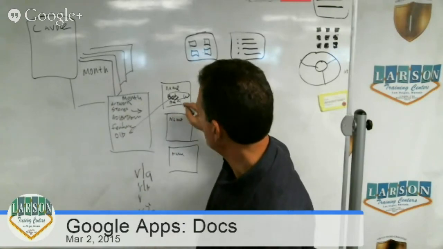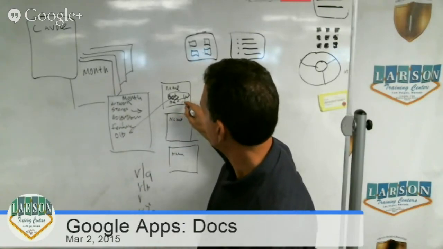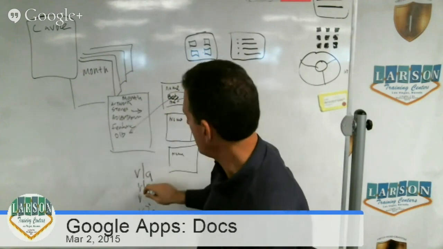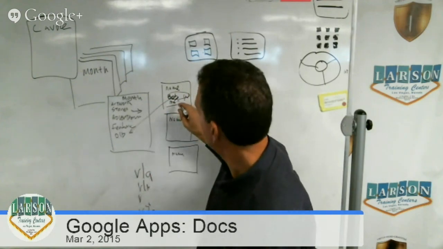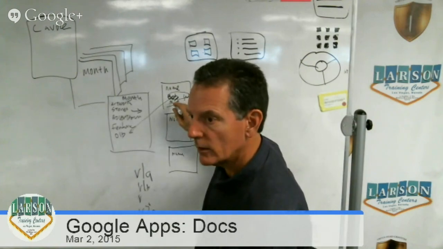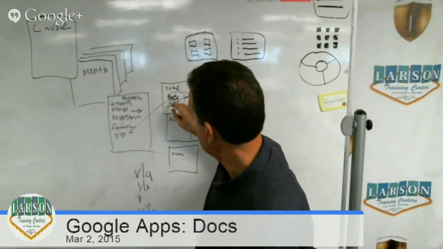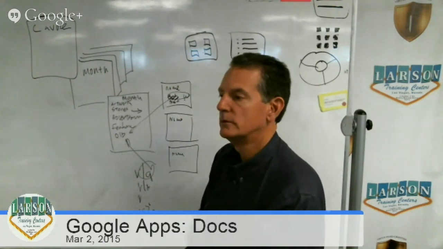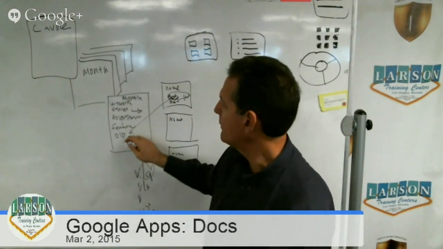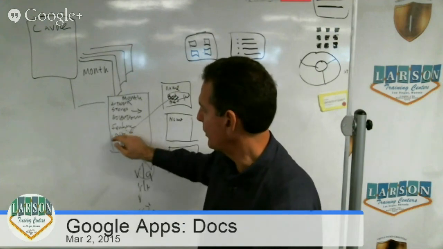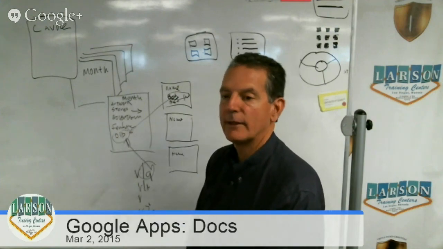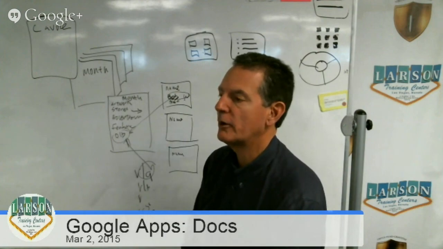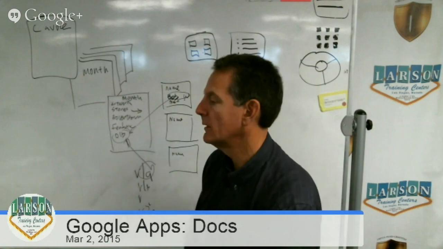So every time I start making changes, I'll save it, copy as, and I'll rename it like V1B. Docs also tells you the last time that you edited it. Then I will take 1A and move 1A to old. So at the end, the old folder has a lot of stuff in there. Most of it I never need to look at. I'm not going to care about it. It's just in case.